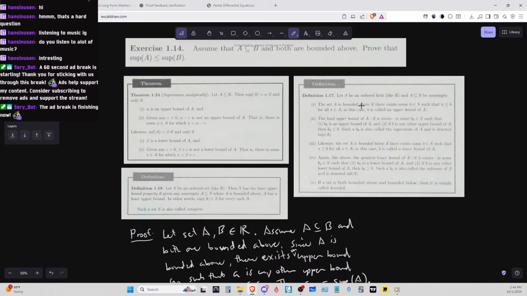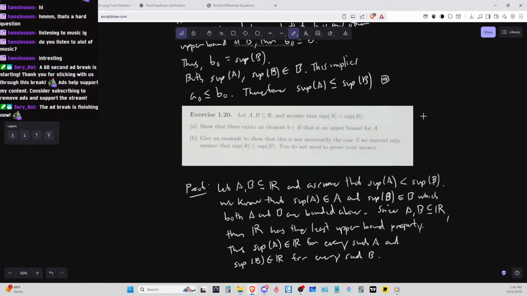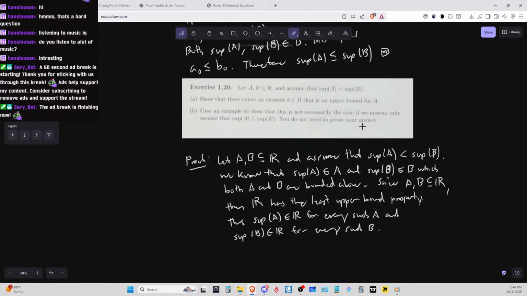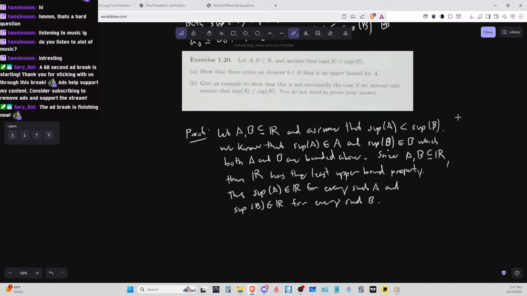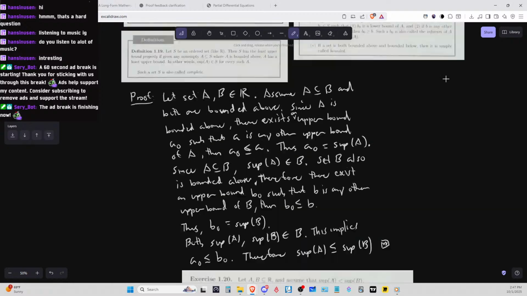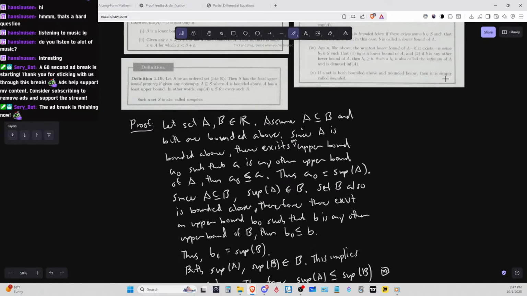Let's see. A set A is bounded above if there exists a B in such that. So I feel like this can help us answer this question. So show there exists an element B that is the upper bound for A. So